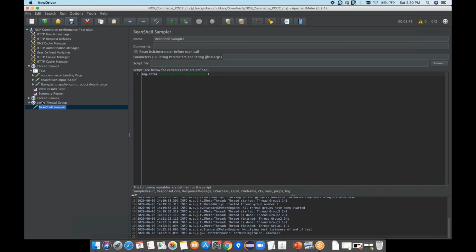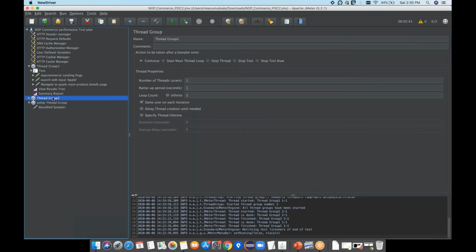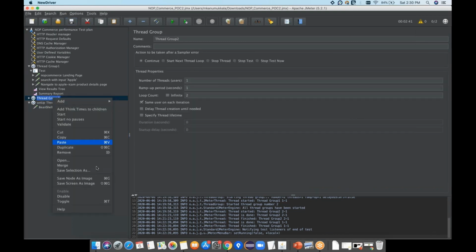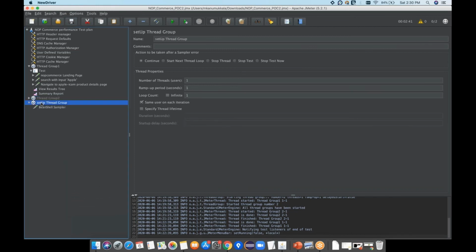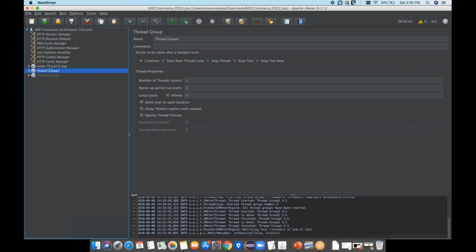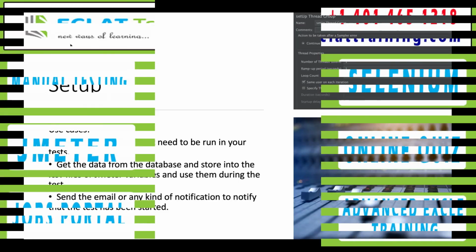Before running my thread groups, let me disable thread group 2. I'll just drag and put it over here. Before the thread group, it has to run the setup thread group, and then the thread group will be executed. And after the thread group, I have to do something else. But what are those